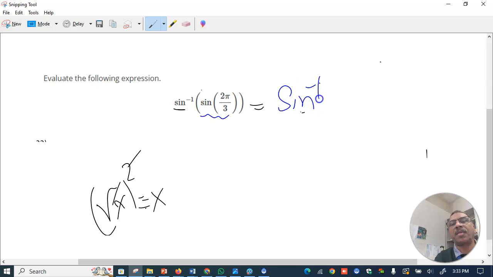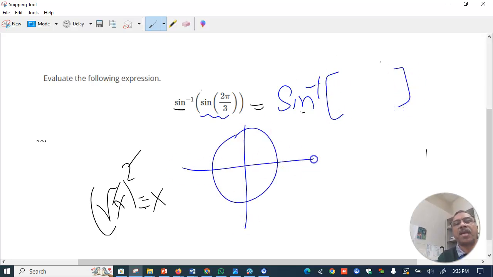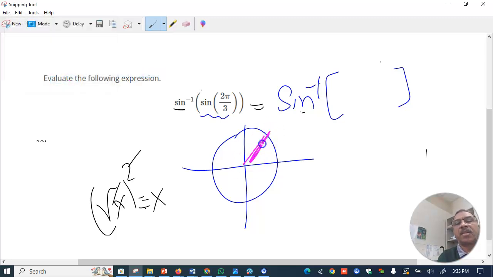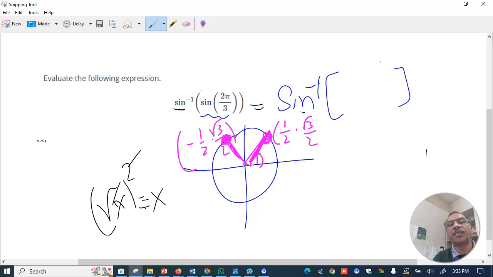So this is sine inverse of, and this piece on the semicircle, 2 pi by 3 is 120. So this is 60 degrees, which is pi by 3. And you go one more 60 will be here. So that's the point. This is 60, which is cosine 60 is half, root 3 over 2. And this side is minus half, root 3 over 2. Okay. So the answer is, and this will be over here, sine is root 3 by 2, the x coordinate, right? So this answer is root 3 by 2,